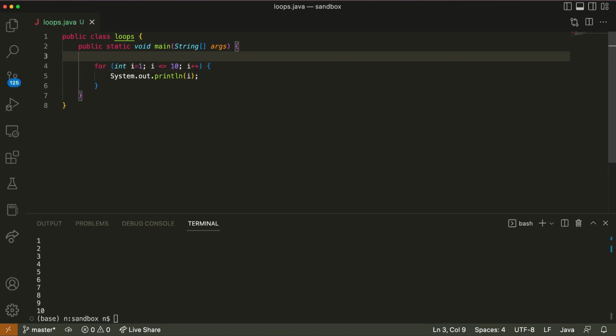So another thing I wanted to show is that you can iterate through arrays and also strings. So we can have an array of integers, for example. So int array equals